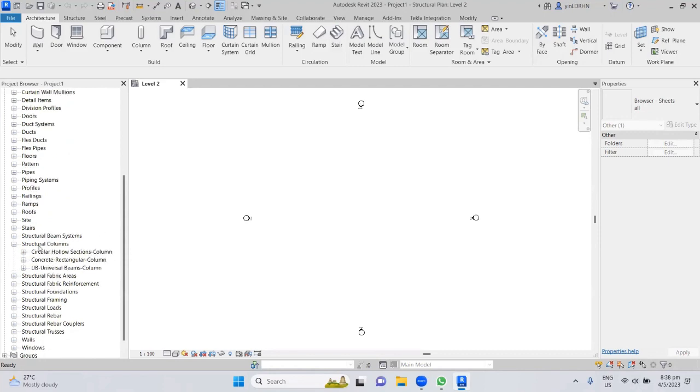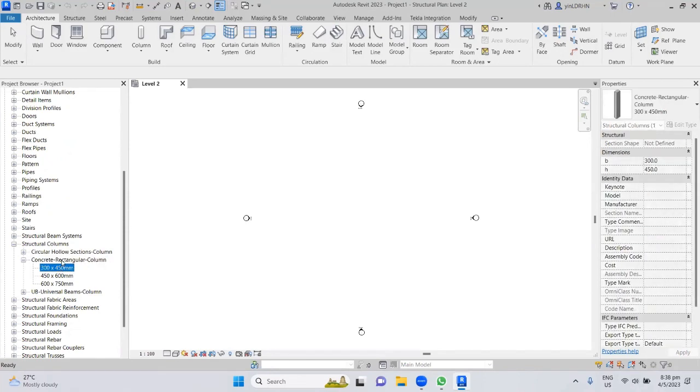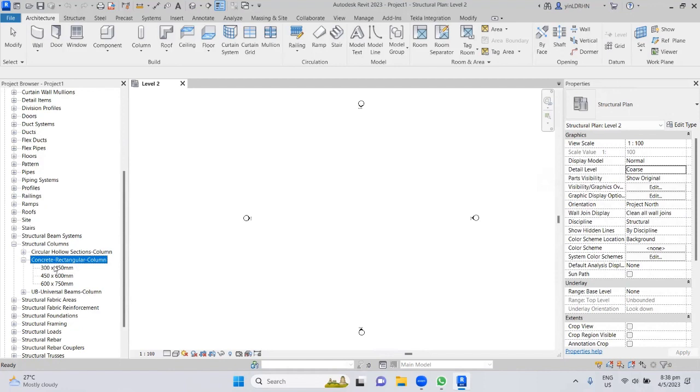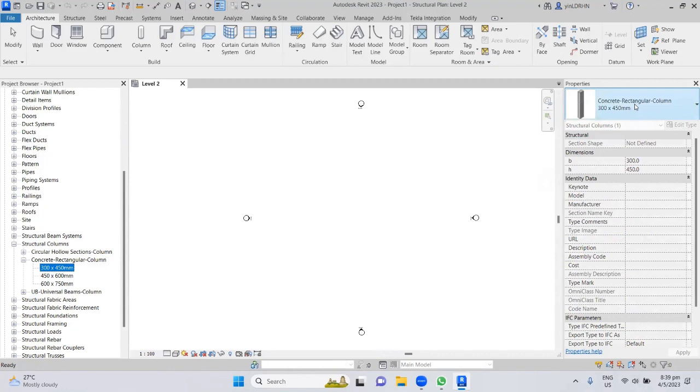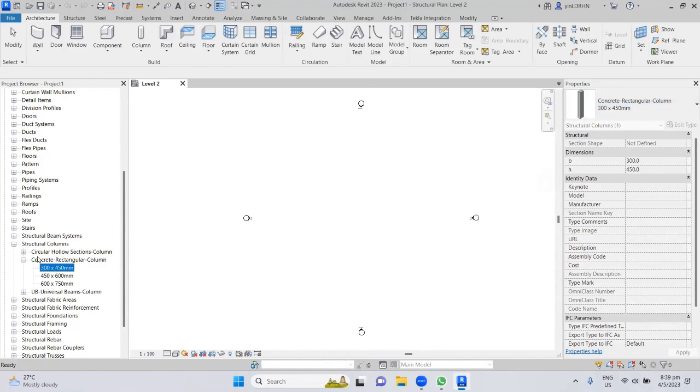Why I enlarge one? You see under the structural column, they have different categories of the object: circular column section, universal beams, and concrete rectangular section. Inside here, you see there are sizes. This size is called an instance. This is the object, and this is an instance of the particular object. When I click here in the properties, you can see it's still in the structural plan. But when I click here, you can see it already changes to rectangular column with the size. So this is the instance of this